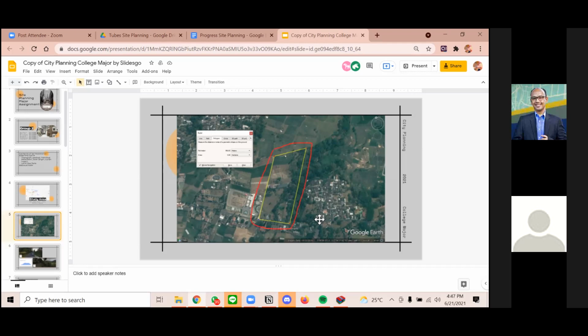However, I see that there's settlements here, and then there's also a recreational facility right next to it. So yeah, land use maps is another thing that you should produce, and then